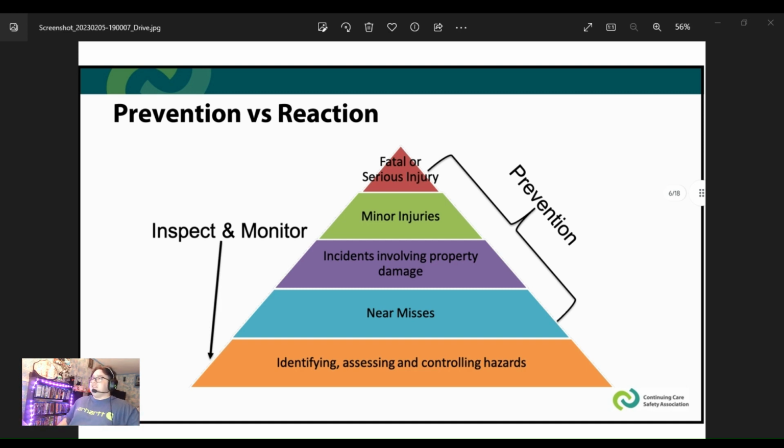Worksite inspections assist organizations in monitoring existing hazard controls and making improvements to ineffective controls. This allows organizations to be proactive rather than reactive, which is very important. In particular, there are more near misses and minor injury incidents than there are serious or major injury incidents. Therefore, there are many more opportunities to take action to prevent serious injury than simply looking at fatal or serious injury accidents.